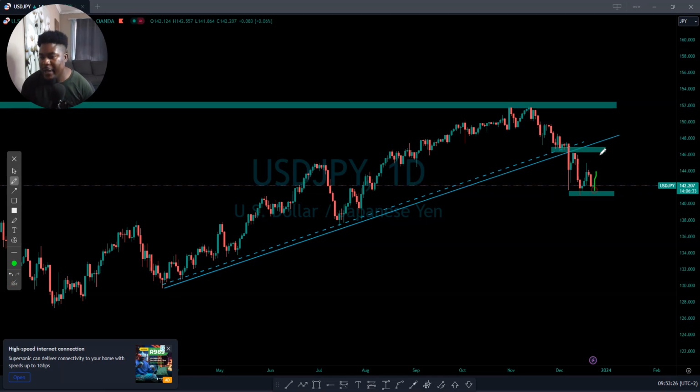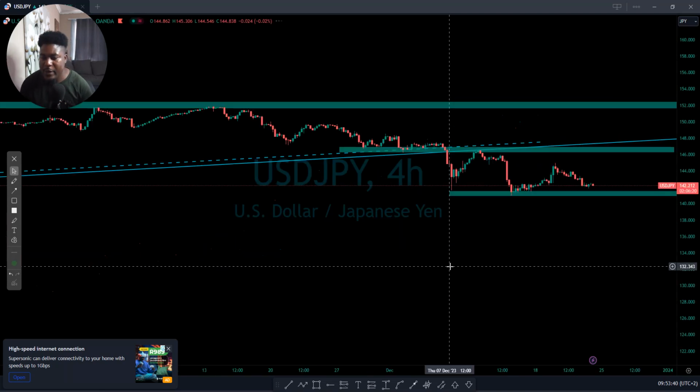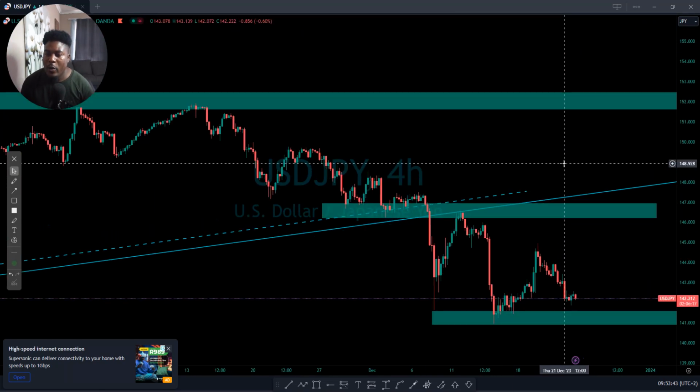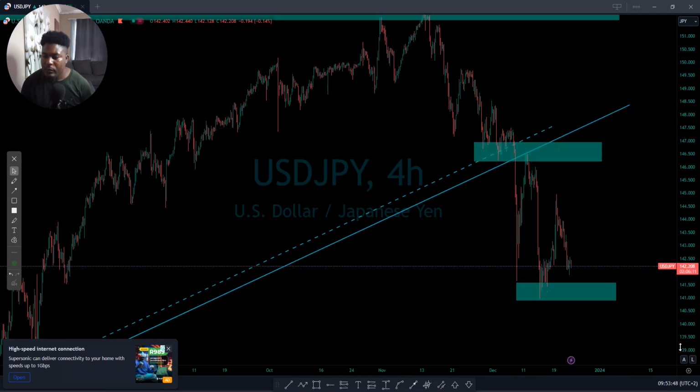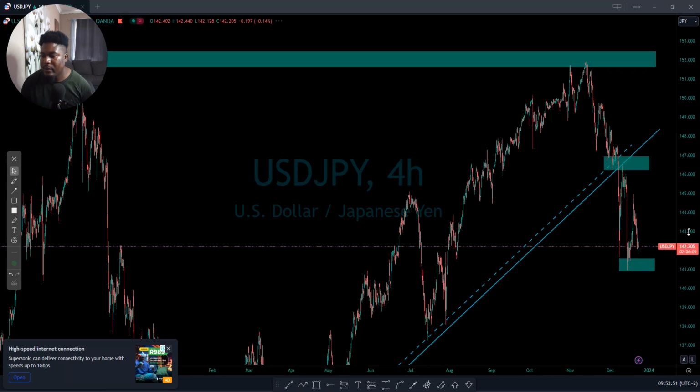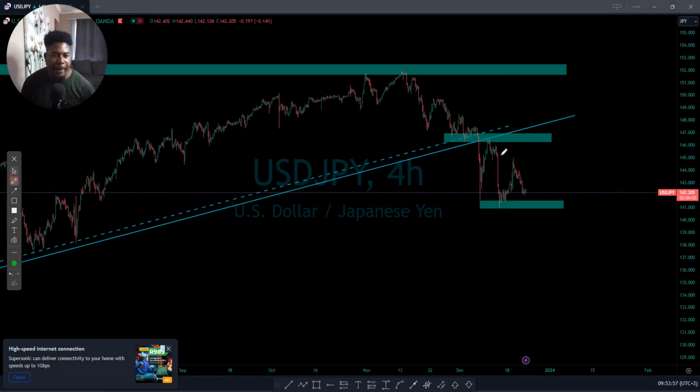We are waiting for the market to either reach this resistance area here, where the market broke out, or to break this support area so that we can continue selling, because now we are on a sell or a downtrend. Which means we are supposed to look for those sell positions. So you can see that we have this type of structure. I'm trying to show you something like this. So I'm expecting the market to break out and push to the lowest side. Yeah, I'm just expecting to see the market going lower.